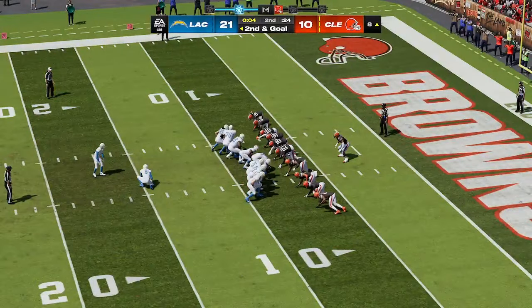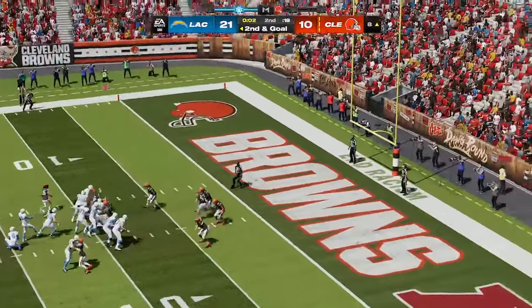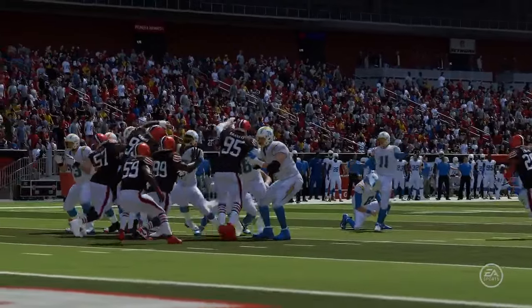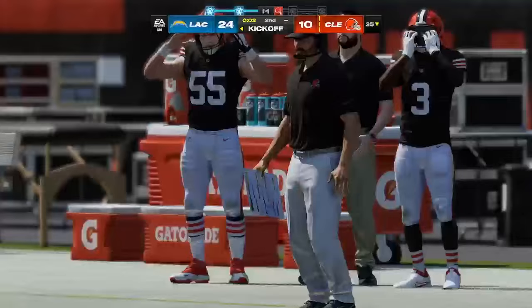So with 4 seconds to go in the half, here's the field goal unit onto the field. This from 25 yards out. And his kick is indeed good. And the lead grows to 14, 24-10. So a capper there to a pretty good first half. And I love the way that they put a